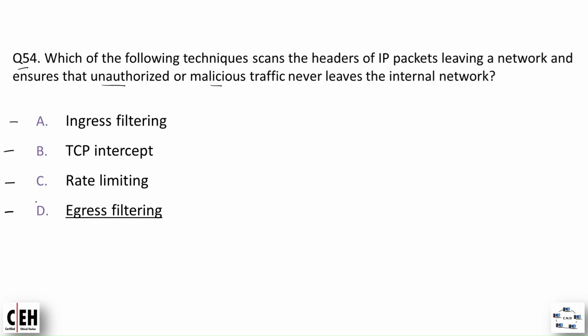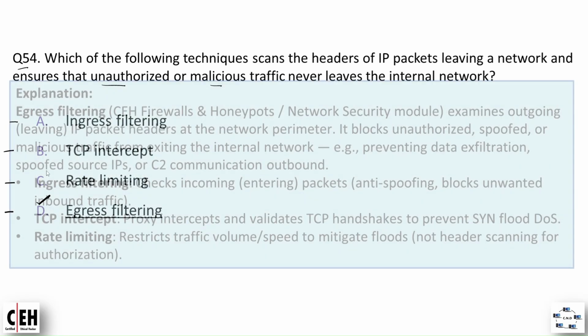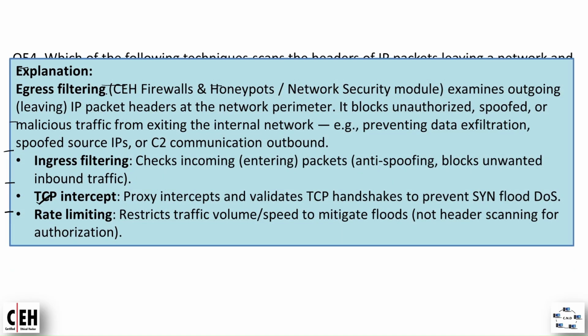Option D, egress filtering. And the explanation is, egress filtering, covered in the CEH firewalls and honeypots network security module, examines outgoing IP packet headers at the network perimeter. It blocks unauthorized, spoofed, or malicious traffic from exiting the internal network, for example, preventing data exfiltration, spoofed source IPs,